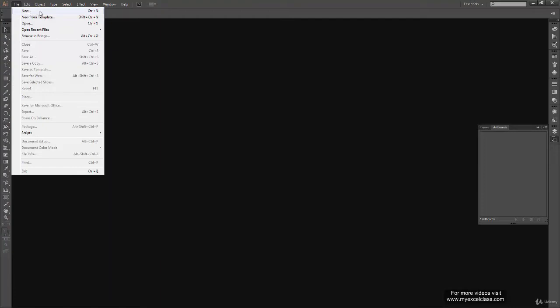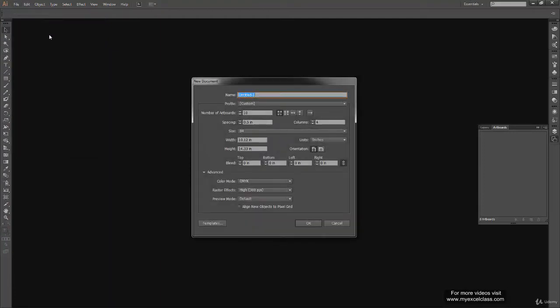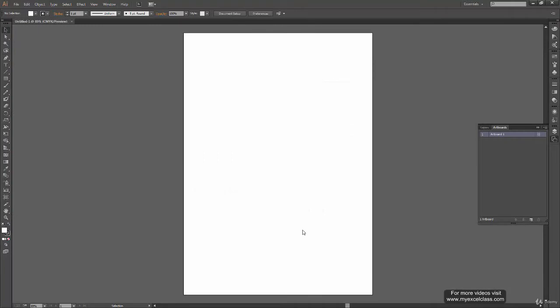Alright, so without wasting any further time, let's just quickly create a new file. File, click on New. I have made some changes here. Let me get back to the default settings, Untitled 1, Custom, and I hope you still remember and know all these settings and how they work. If you have forgotten or missed any of this, then you can go back to previous videos where I have covered this and it will help you a lot. I press OK here, so it will give me a new file.